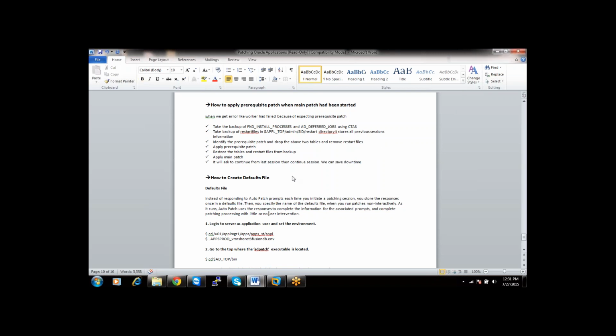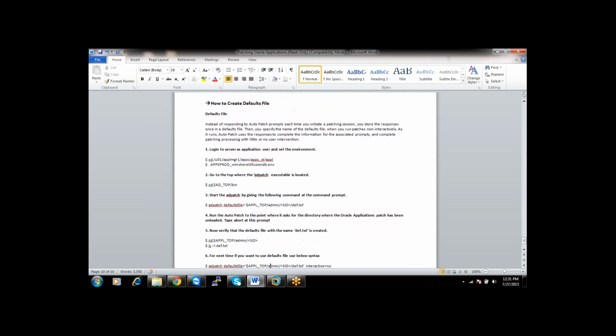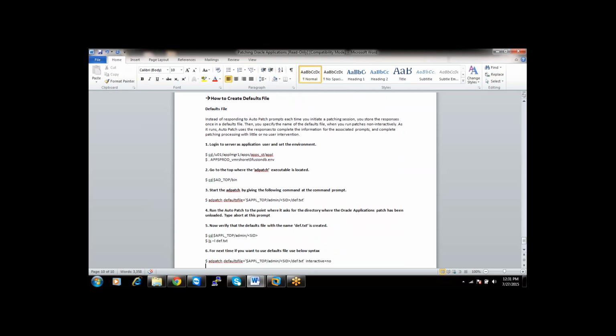Next, I am going to tell you what a defaults file is and how to create one. Instead of responding to AD patch prompts each time you initiate a patching session, you store the responses in a defaults file, and then you can submit the defaults file to AD patch so that it takes the default options from it.